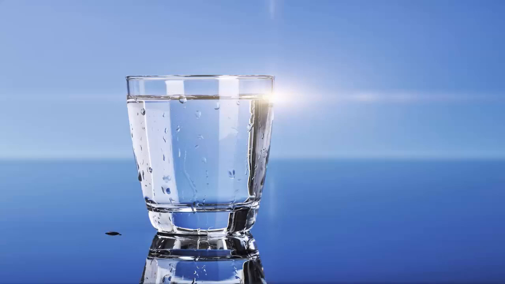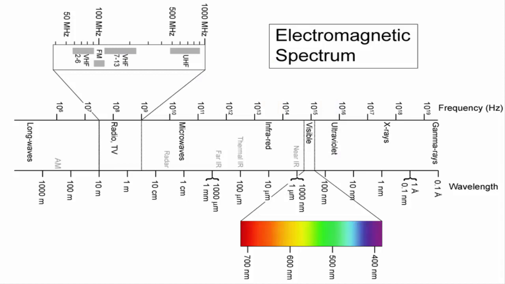Secondly, EM waves in the visible part of the spectrum can travel quite far in water before they get absorbed, which is why a cup of water looks transparent to us, since almost all the visible light passes through it. The first eyes evolved under the sea, and so this range of wavelengths held the most evolutionary advantage compared to other wavelengths. So when we see the color violet, that means our eye is responding to the energy of the EM wave that has a wavelength of 400 nanometers in air.